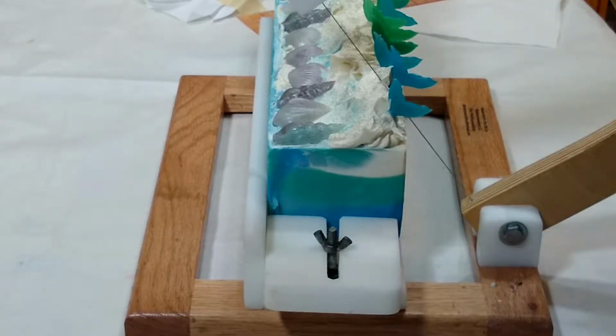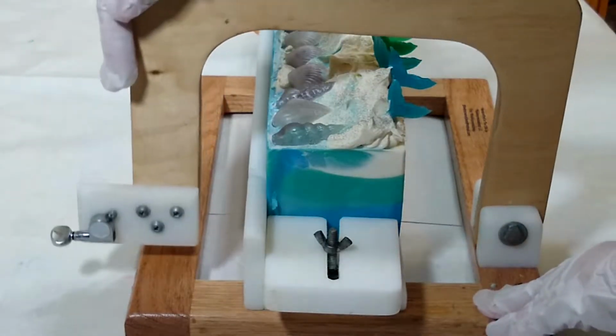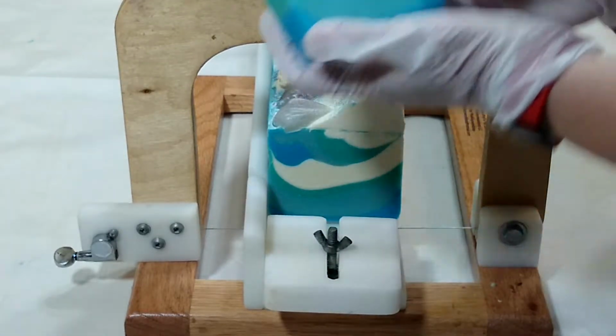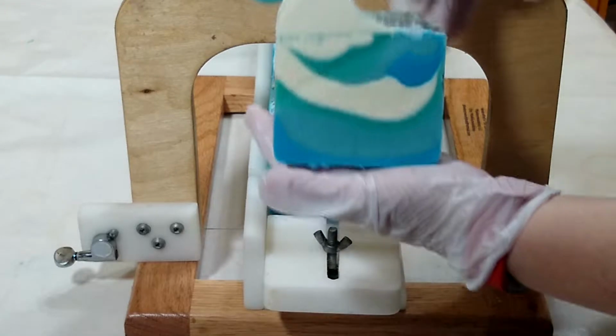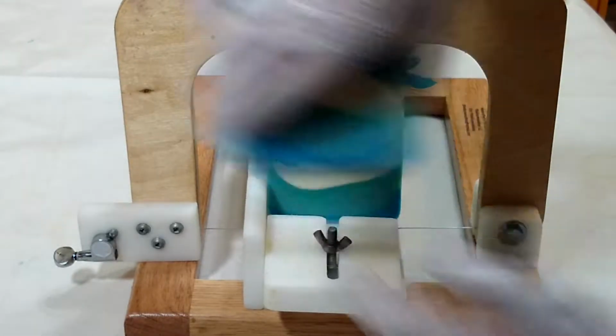All right. Okay, so let's go and cut this baby and see what looks inside. All right, so let's see what's inside. Let's see what it looks like. First slice. First slice. Ooh, look at that. What do you think, Kelsey? That's pretty. It's a different...